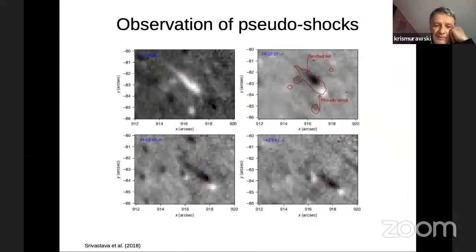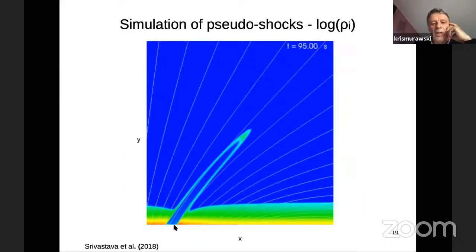So we have a condensed region and a rarefied one, the opposite. Maybe I will show this. We have a dense region being followed by a rarefied region. We try to explain it in terms of a pseudo shock, because if we run the simulations, we see